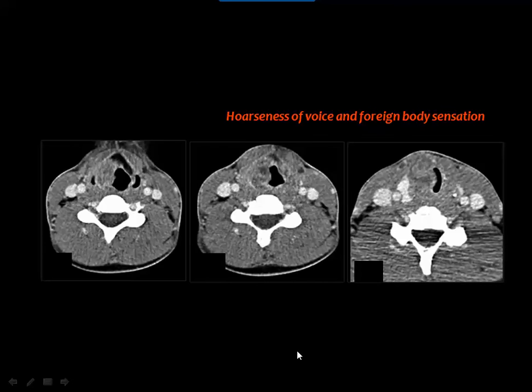Then if you look here, and this is an example, you see the epiglottis is infiltrated by a mass on the left side, extending into the pre-epiglottic space, then invading the aryepiglottic fold, extending lower down, reaching the level of the subglottic area. And you are able to see if the mass is extending outside the larynx, invading the